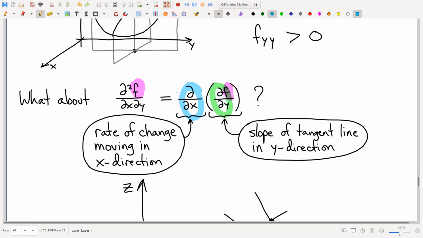There is none. There is no single variable analog to the idea of taking partials with respect to different input variables, because there's only one input variable. Right? So we are in uncharted territory here. There is no analog. There is no piggybacking off of old ideas. And so we're going to really have to figure out what this looks like.